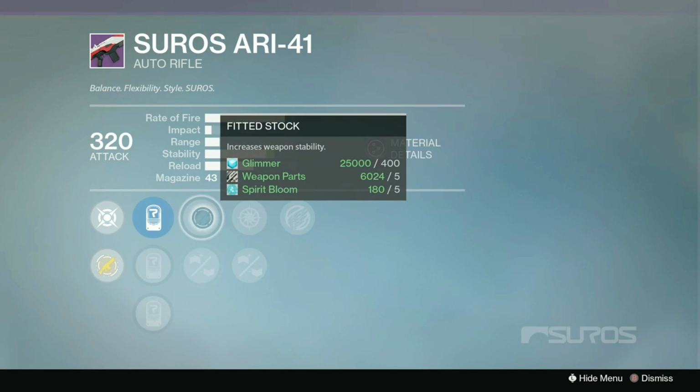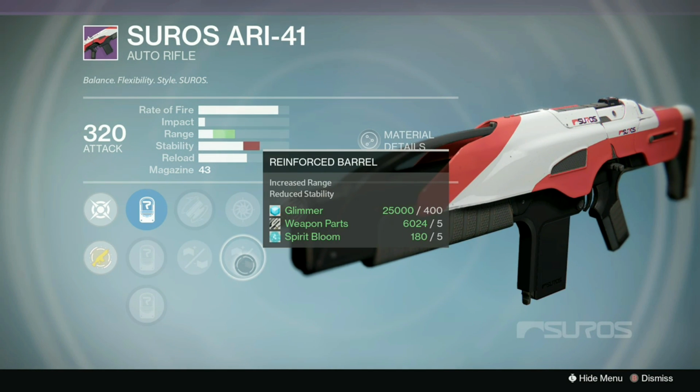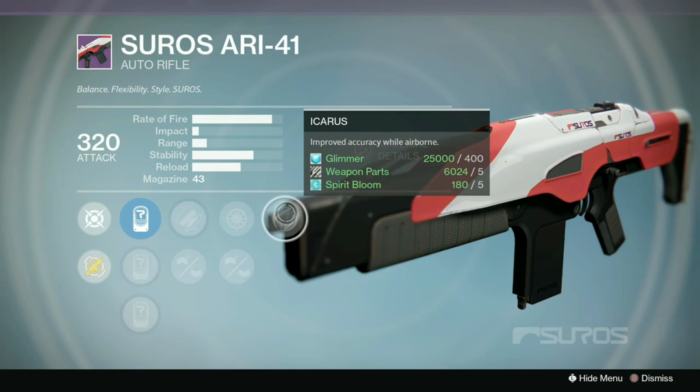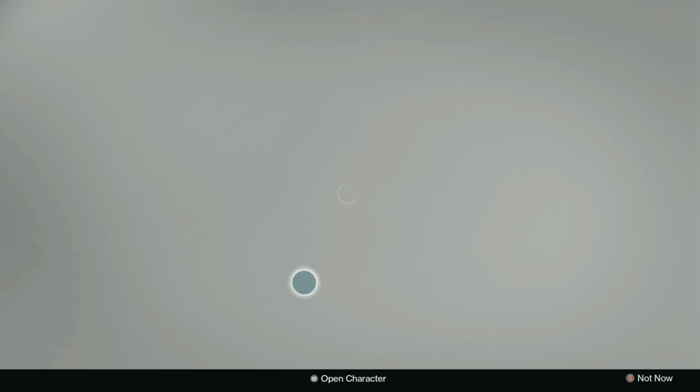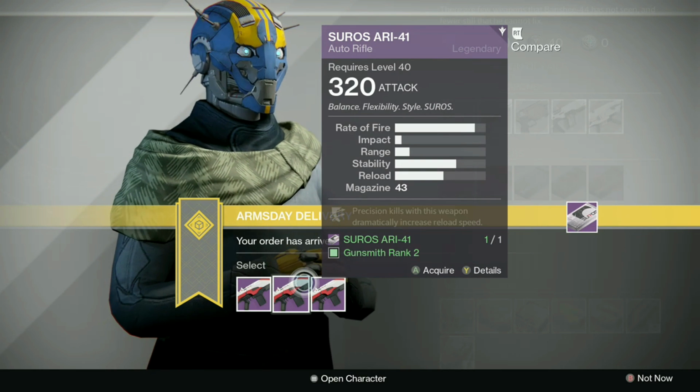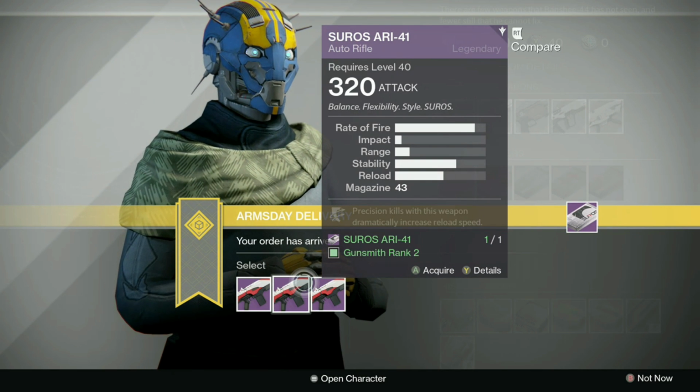The last roll we have fitted stock, appended magazine, reinforced barrel, snapshot and Icarus. In my opinion, I don't really want Icarus on an auto rifle. It's a pretty average perk. Again, if you don't like any of these rolls, you can hold on to the package, but for me personally,